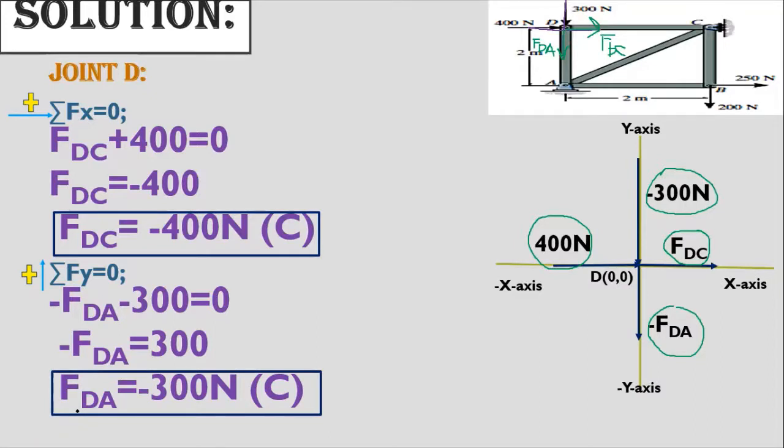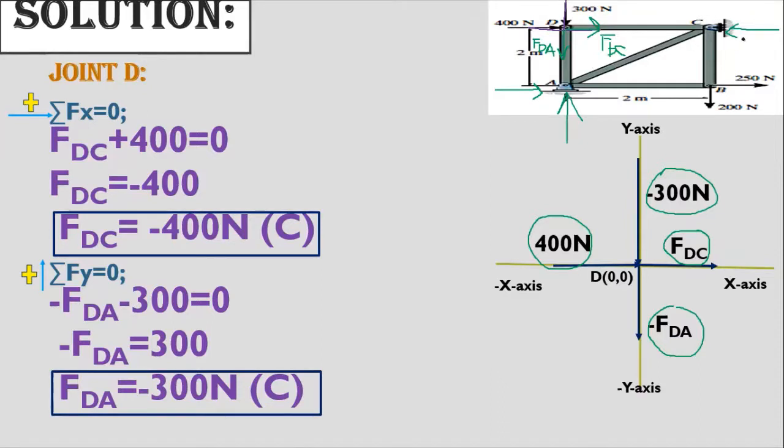If you see at joint A, there are so many forces. There are 3 member forces and 2 support reactions, because there is a hinge support. So how many support reactions? There will be 2 here. So it becomes 5 forces at joint A. And if I take joint C, only 1 member force is left, that is FAC. So I can find it out from joint A, or even I can find it out from joint C as well.